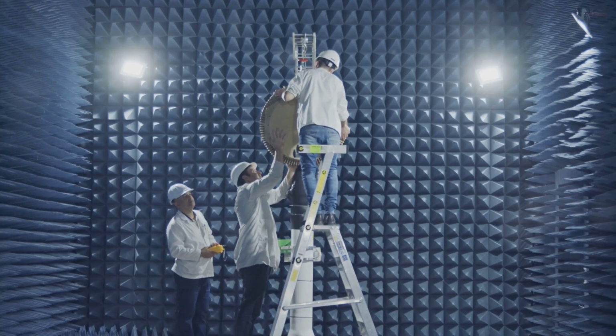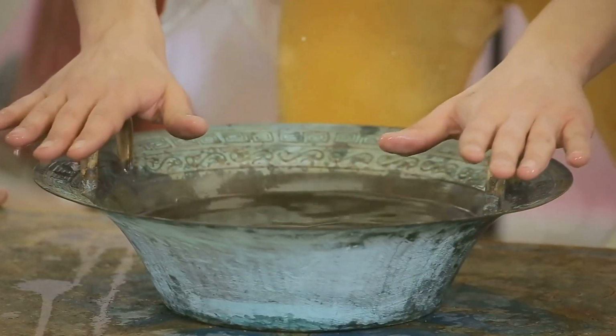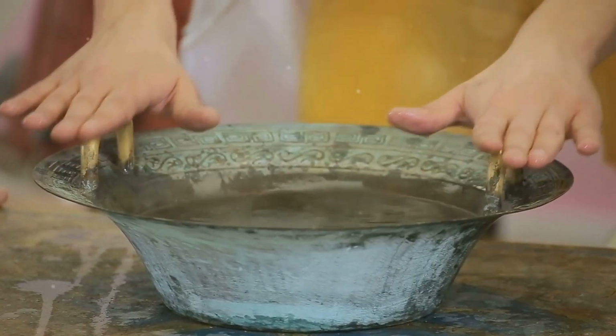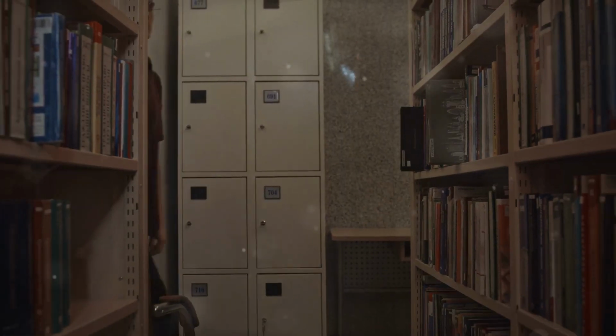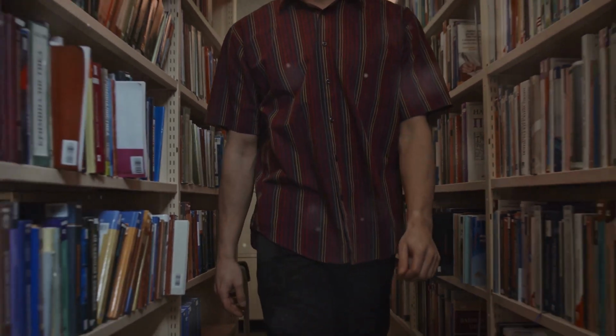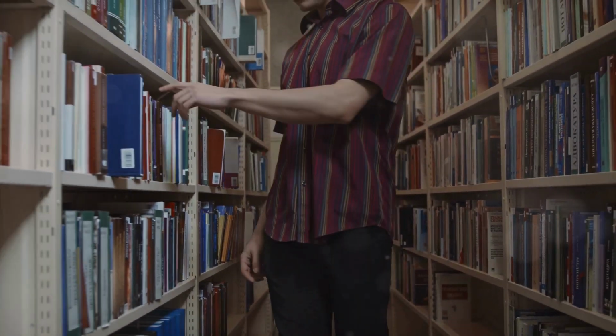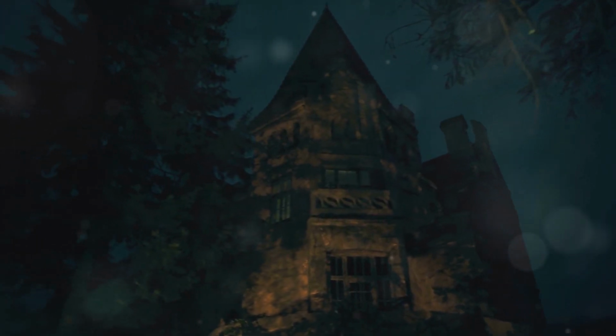Sound can also pass through different materials. This is called transmission. For example, sound travels quickly through solids, slower through liquids, and even slower through gases like air. In the Whispering Library, understanding how sound reflects, absorbs, and transmits through different materials will help you solve the final puzzles. Now that you know all about the properties of sound, vibrations, pitch, volume, echoes, and more, you're ready